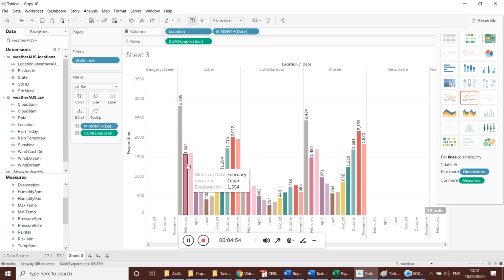What could be the reason? Maybe sunlight is low during the June season. Maybe this is winter for them, so during winter the evaporation rate will be low, and during summer the evaporation rate will be high.